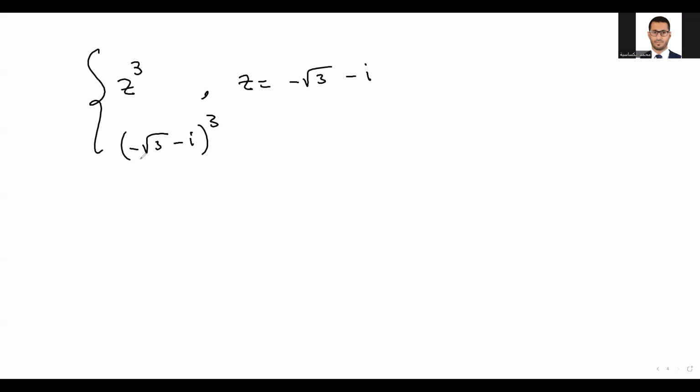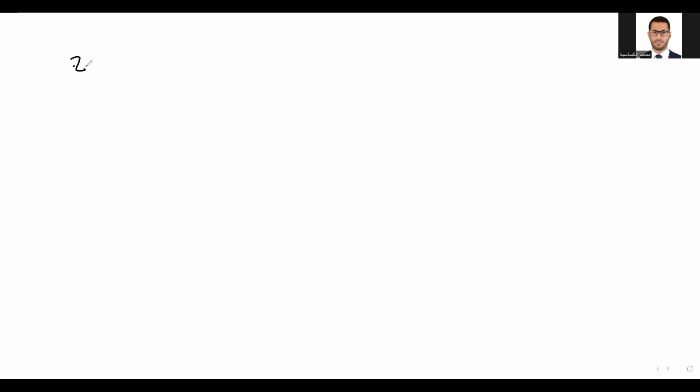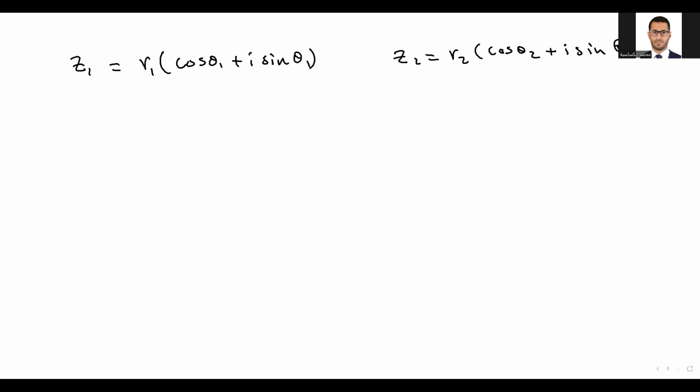And before we do this, I want to share a small story of how this happens. If we have z1 in polar form, r1 (cosine theta 1 plus i sine theta 1), this is a complex number, and this is another complex number, z2 equals r2 (cosine theta 2 plus i sine theta 2). We have two complex numbers in polar form, and z1 multiplies z2, which is r1 r2